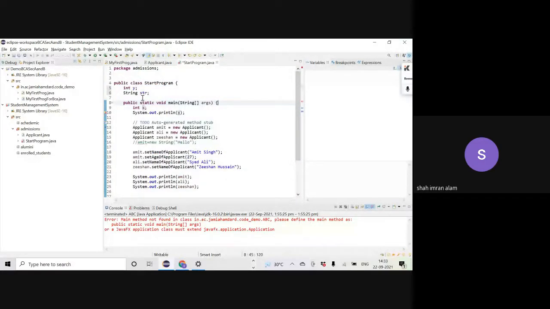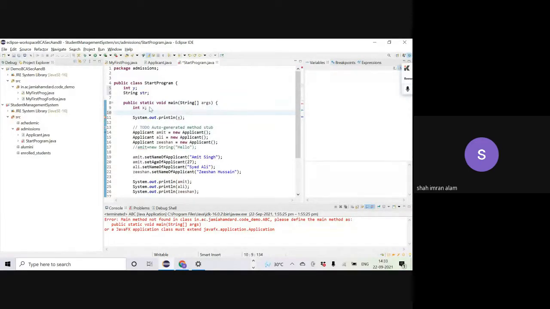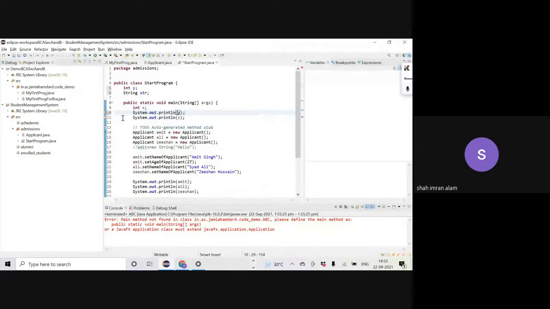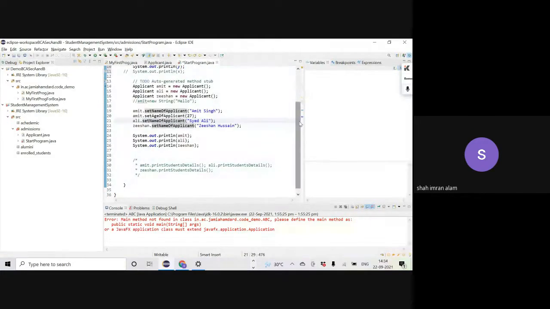If you want to use an instance variable like y, let me say System.out.println and print y. There is no problem. Just forget about the static keyword as of now because we have not discussed it.